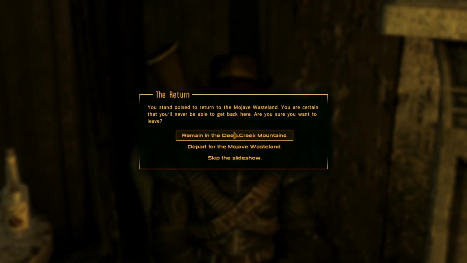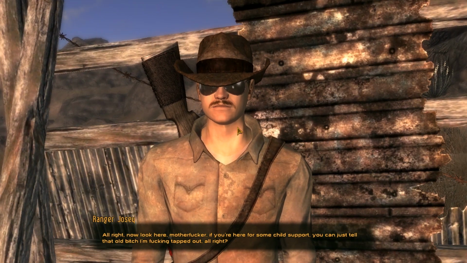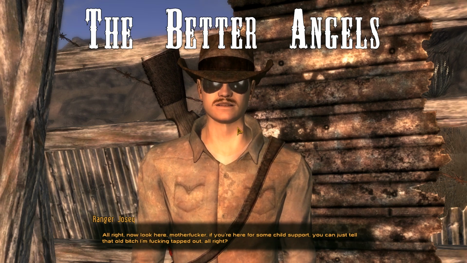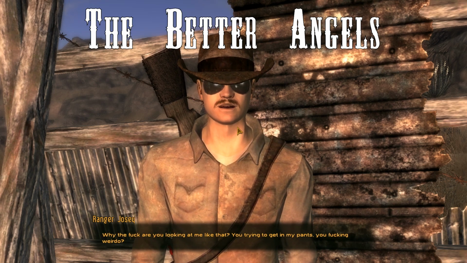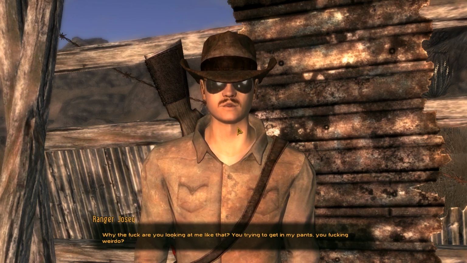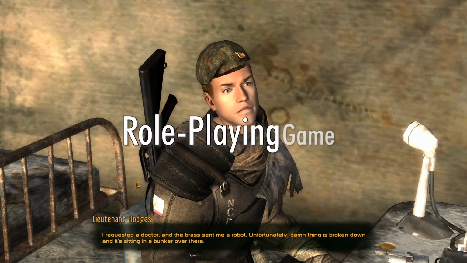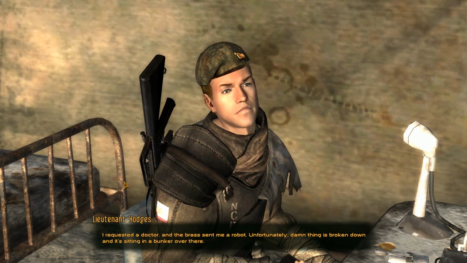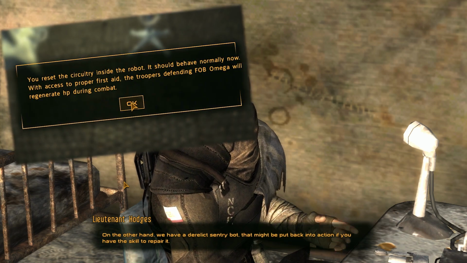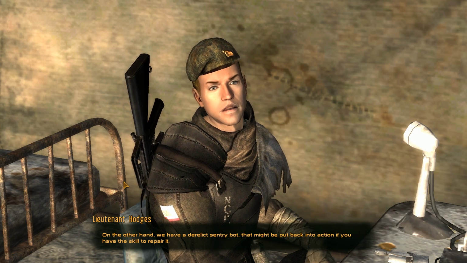After you're done with the snowy hills of Utah, you can proceed to the final quest in the Someguy Series, the Better Angels. The point of it is to wrap everything up, give the players some kind of closure, a sense of finality. The mod also provides much more room for roleplay, with choices based on how you have played the game and developed your character. On the other hand, we have a derelict sentry bot that might be put back into action if you have the skill to...